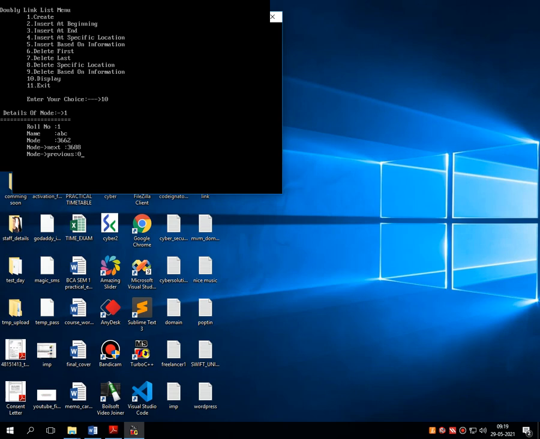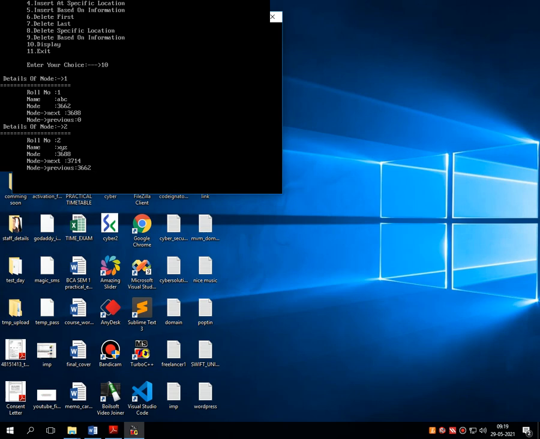This is the internal reference number of this particular node in memory, and then the address of next and address of previous. Though this is the first node, previous will always be 0 and next will be assigned automatically by the system, that is 3688. This number might change in every system because these are the runtime addresses assigned by the central processing unit. When you press enter,